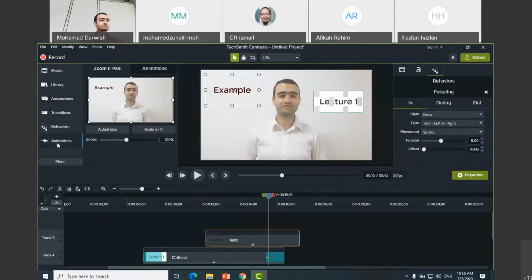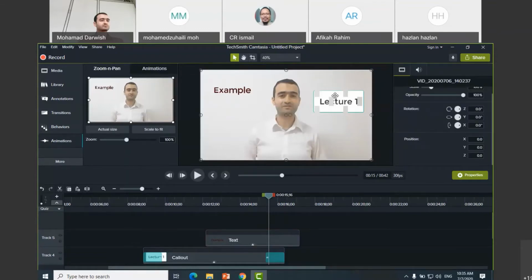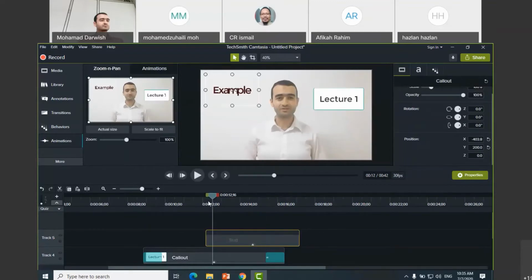We have the animation. Animations is to make a zoom in and zoom out for the screen, for the video itself. For example, if I'm giving a lecture and I want to focus on this word, okay, how to make this? For example, now this word appears and I want to focus on this word at this moment. So just open the animations, and then zoom and pan, and hold this part of the screen and